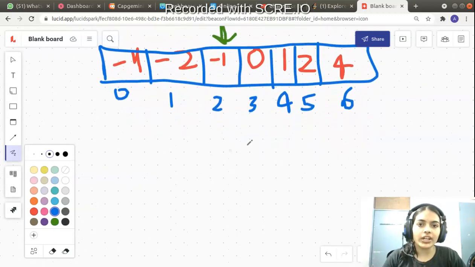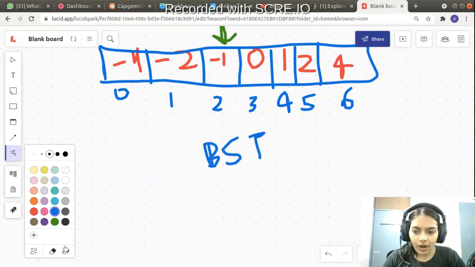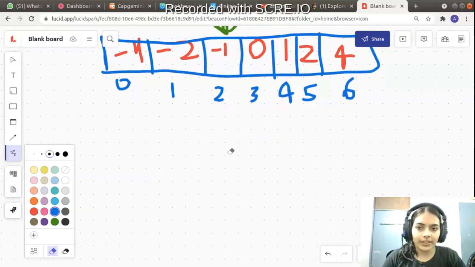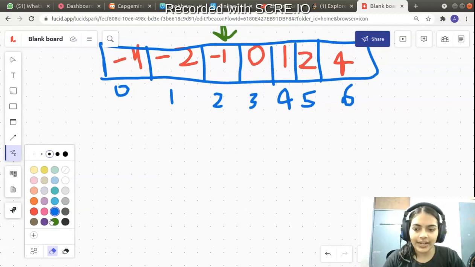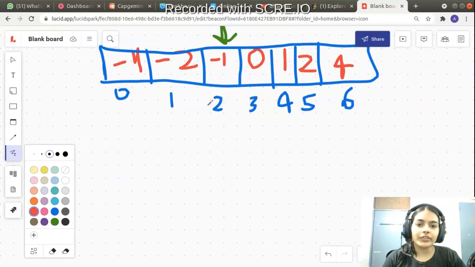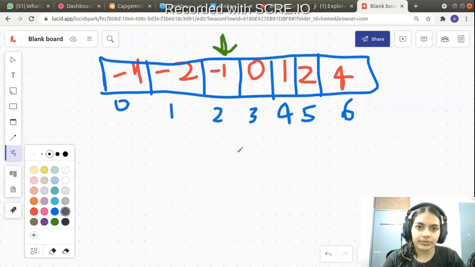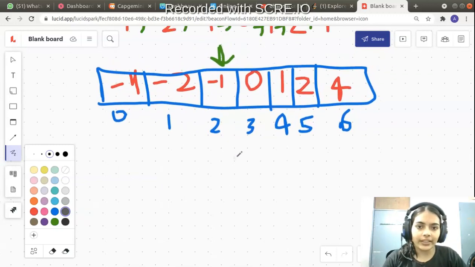Now this is an array. Converting an array to a binary search tree is going to be simple. How do we do that? If you have seen the binary search algorithm, this problem is going to be very easy. Even if you have not seen it, I'll try my best to explain. So what we are going to do is just use the binary search algorithm. Let me first tell the algorithm, and then we are going to go over this particular example again with the code. So what you're going to do is pick the midpoint, right?